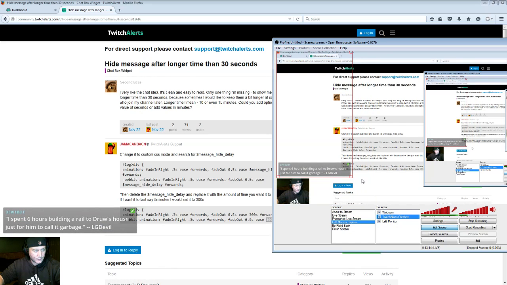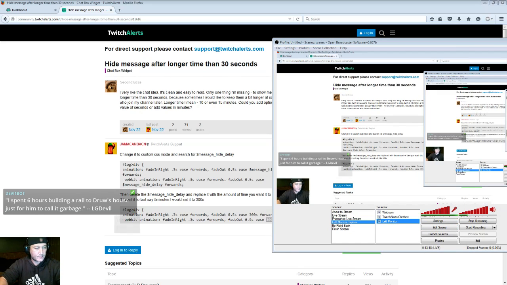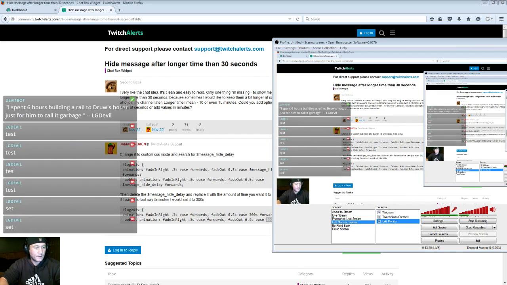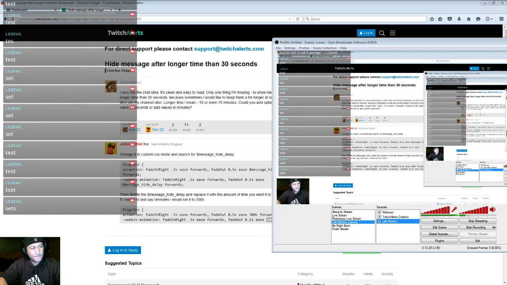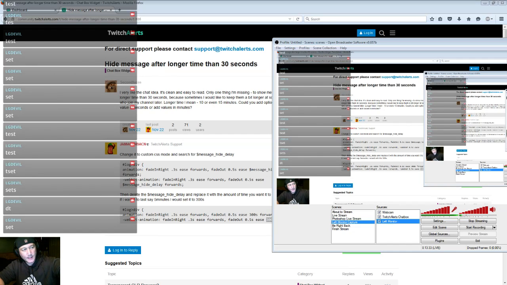Just to show that. Okay, so we'll just go test, test, test, test, test, right? And as you can see, they'll fill all the way up to the sky. So if you have a really busy chat room, you can set it to however long you want. And as you can see at the very top there, one of those boxes getting cut off that I talked about. So you want to adjust the height of that box so that it's perfect and it doesn't actually show any cut off boxes. But these messages will stay around for 5 minutes now,